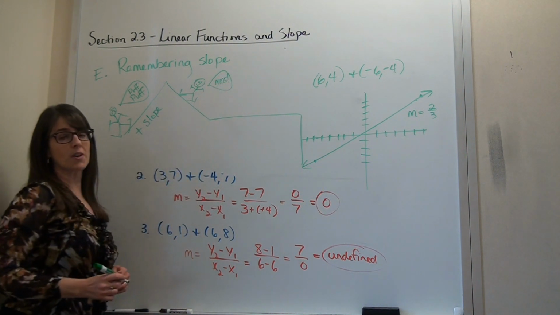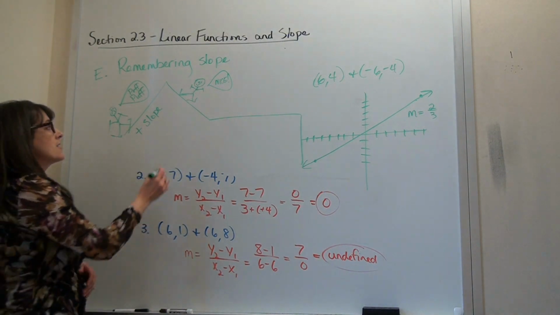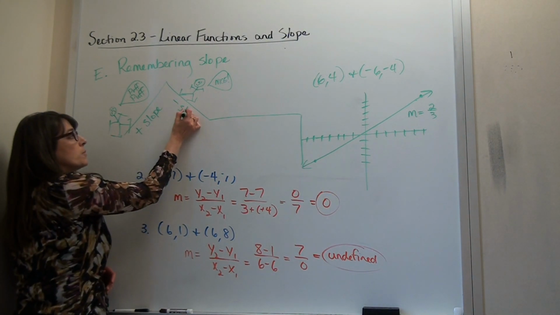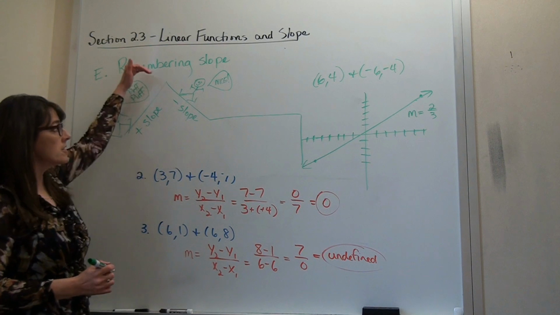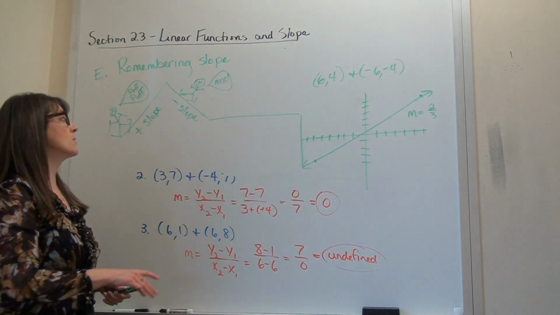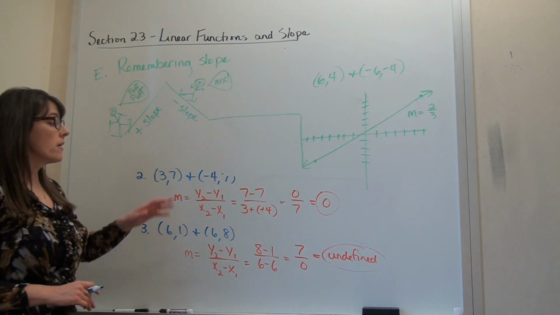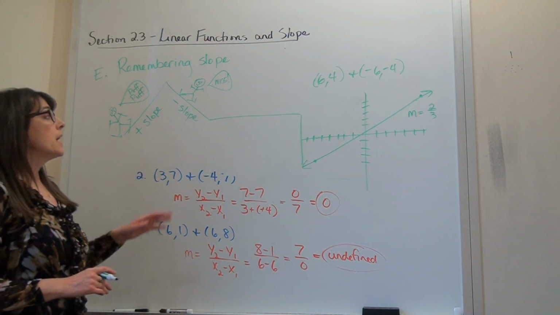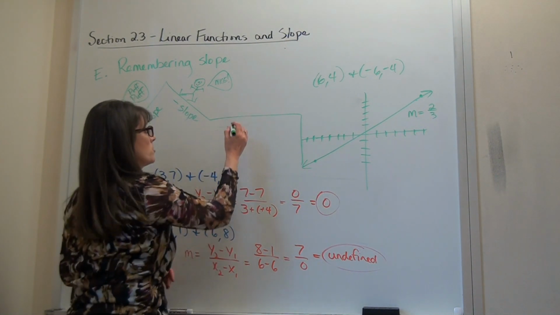I am not an artist, that's okay. So we're going downhill, and that's nice. What that indicates is negative slope. So any line that tilts in this direction, I may not know the numerical value of it, but what I definitely know is it has a negative slope. Now here's where this is super helpful. Any line that is horizontal,